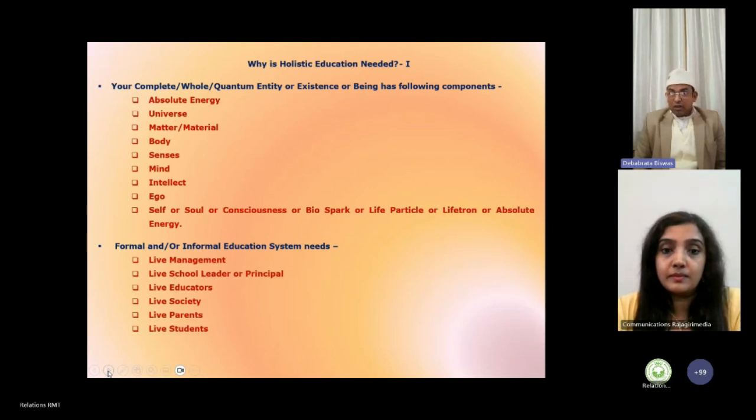So it means in holistic education, the most important thing is our consciousness, that is soul or self or spirit, or we can say, whatever, life particle. And all the education is a subset of this universal set: consciousness education, spiritual education, and we call it holistic education because it is the universal set. The rest are all subsets. Because if a child is dead, we do not put in any effort to make him learn something. The most important factor is consciousness.